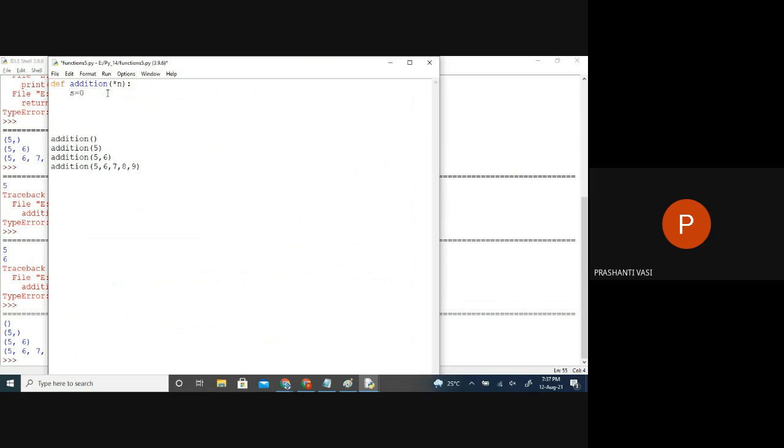So let me take initially a 0, then a for each loop to get each value from this particular tuple. I'll give this name as tuple, let me say, so that you'll understand. So whatever you pass, it will be in the tuple right now. So you're calling this tuple and each value from the tuple you're retrieving and we are adding into the sum. And after this, we just have to return it. Return the S. So when you return the answer, you are able to print the answer. Because it is returning, we can see the answer.